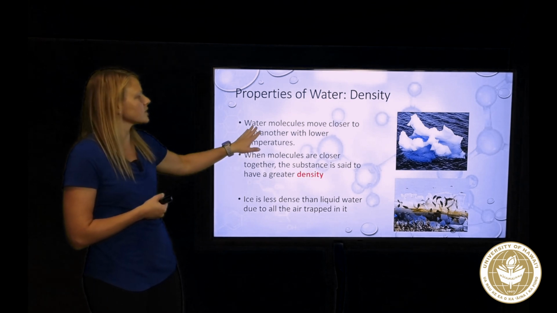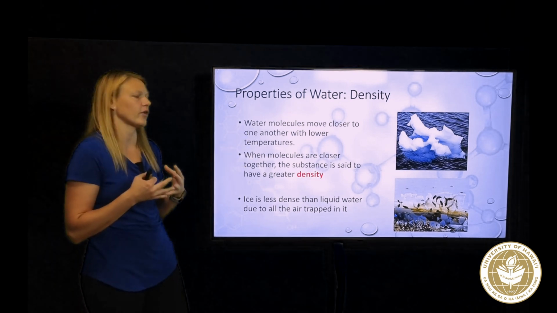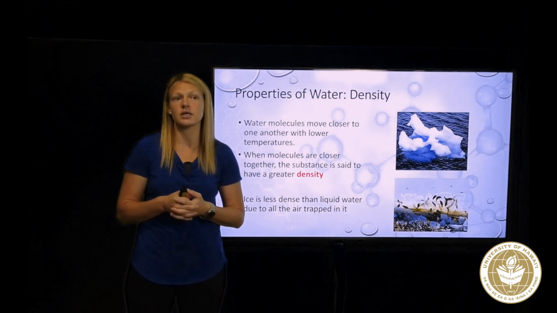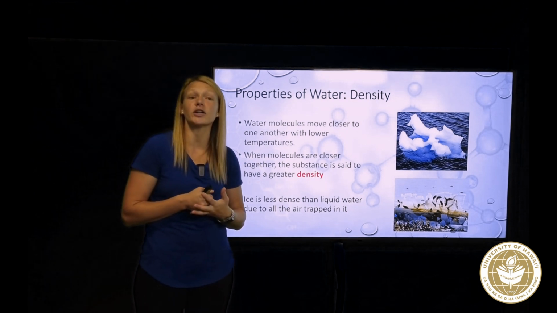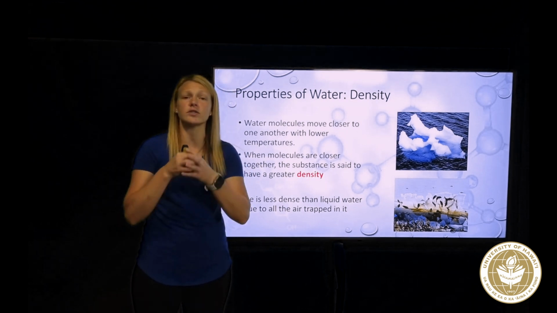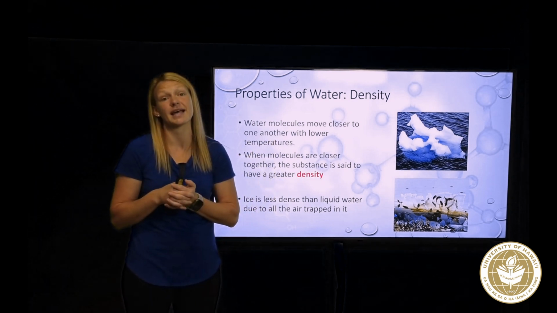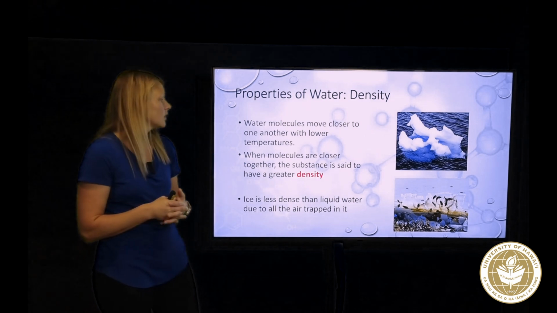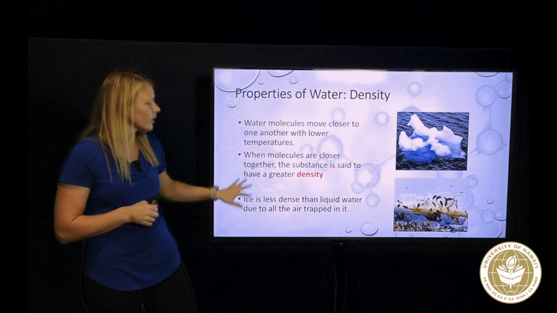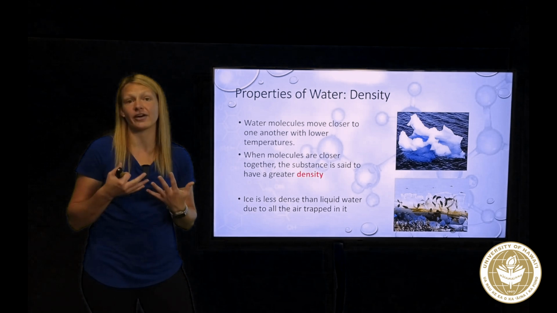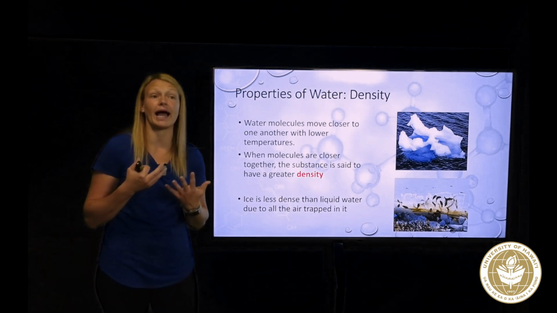Water molecules are going to move closer to one another with lower temperatures. So in a gallon bucket of seawater at 75 degrees, the molecules are further apart than when the same gallon of water is at 35 degrees. When the molecules are closer together, that substance is said to have a higher density, which is exactly why ice